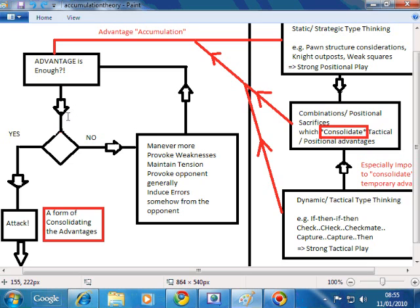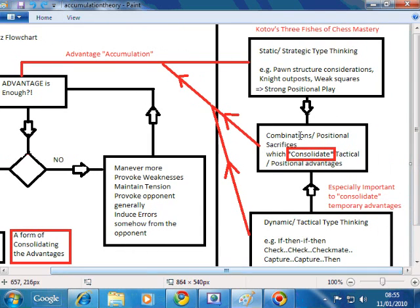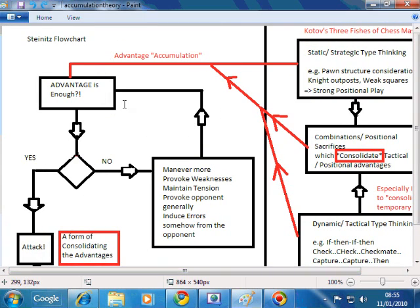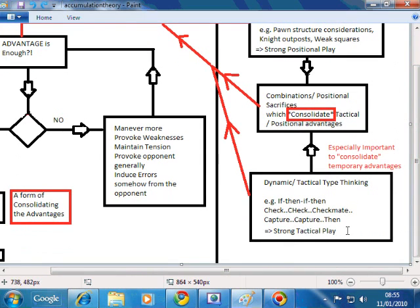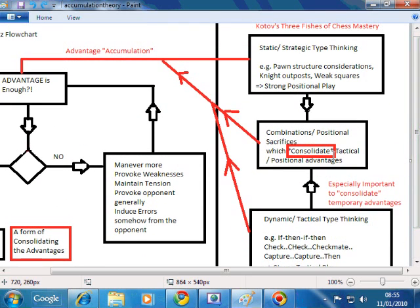But a lot of the time, you might just be pushing yourself in terms of thinking processes, and this is why I've tried to map thinking processes to the Steinitz flowchart. So we've got the Steinitz flowchart here, and the thinking process, you're pushing yourself hard, thinking positionally, and you're also calculating variations. So these are two of the fishes of chess mastery. And Kotov talks about combinations. Now, one thing I noticed a couple of days ago